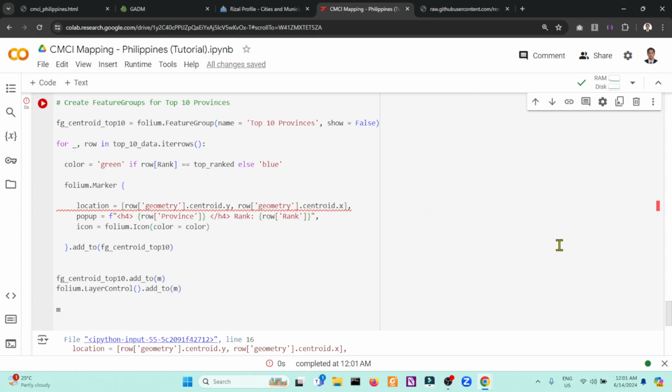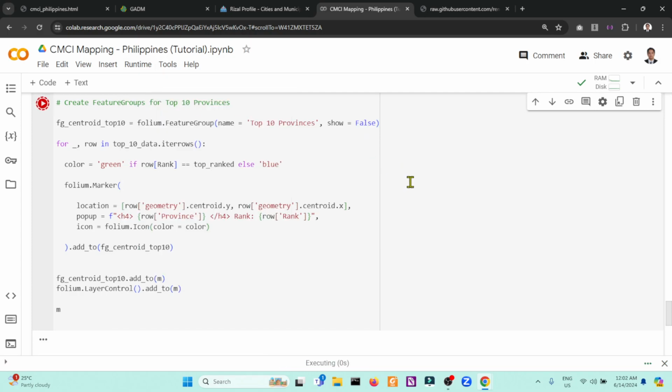So we have an error here. So raw geometry centroid, let me see. I think this will be a parenthesis instead of a curly brace based on the documentation. So let's run again from the start.